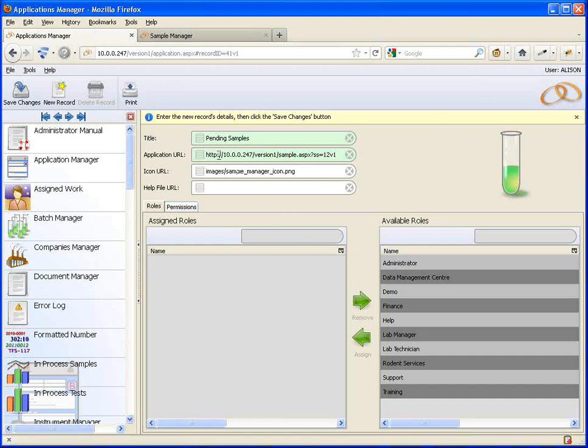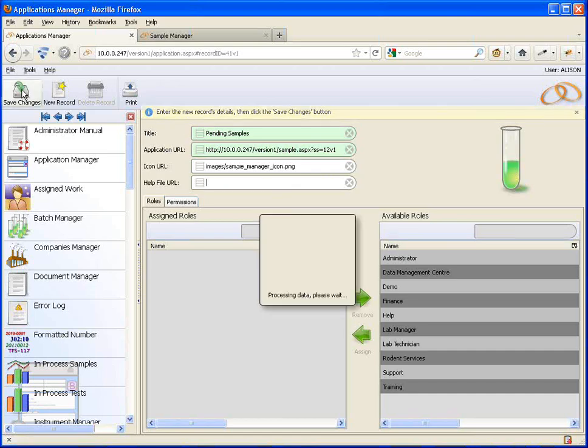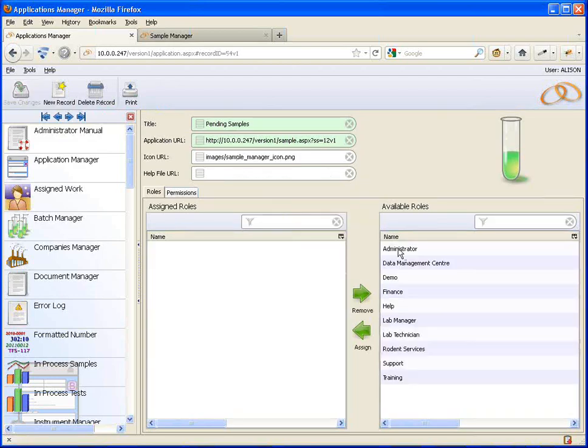So I'm going to save my changes. I'm going to make it available to the administrator role, but obviously you could make this only available to certain roles. So you could create shortcuts for your lab technicians for various samples at various stati, that sort of thing, and just add them as applications. So I'm just going to save that again,